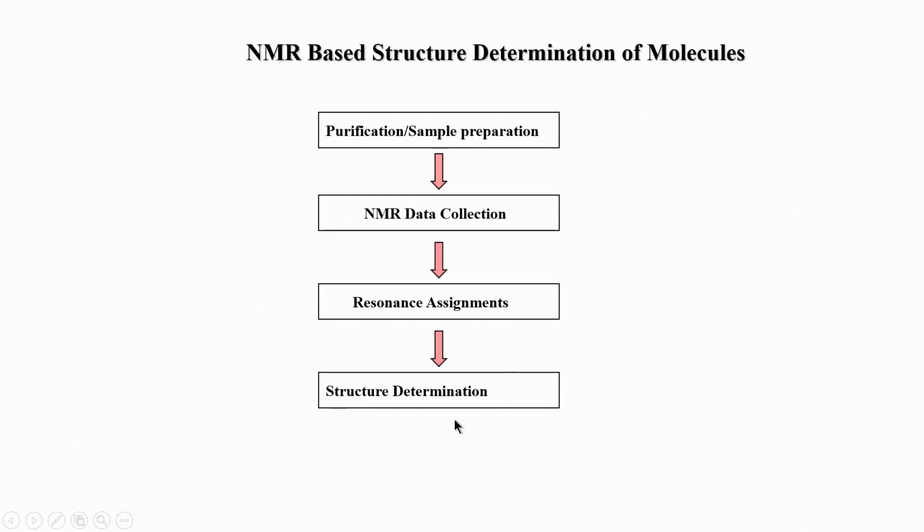So this basically brings us to the secondary structure, and as we move on, in the next class we will look at how we can move from secondary structure to 3D structure. There we will start looking at NOE based methods and find out the tertiary structure of the protein.